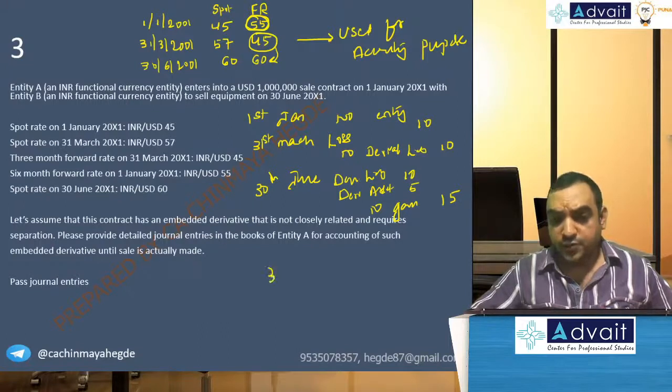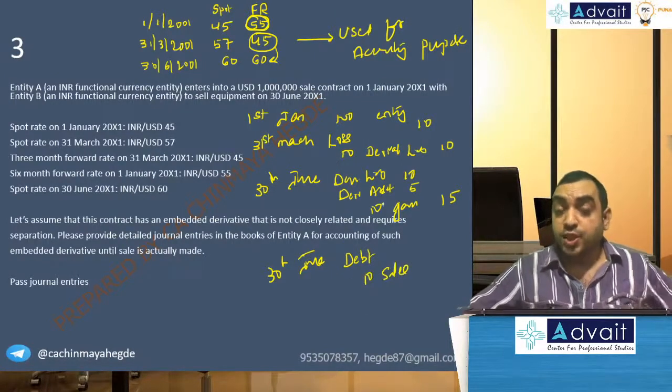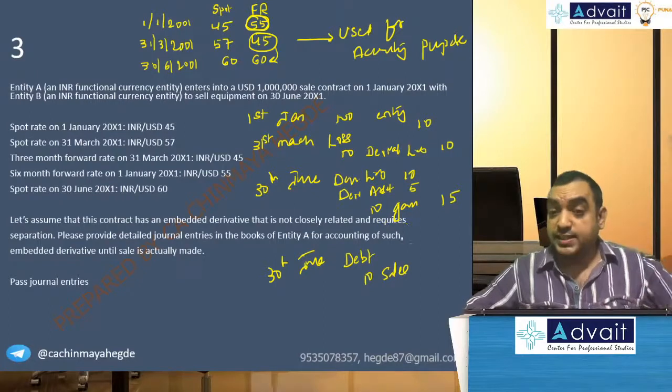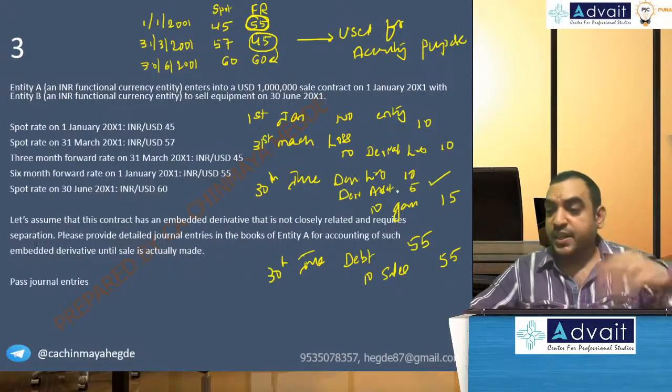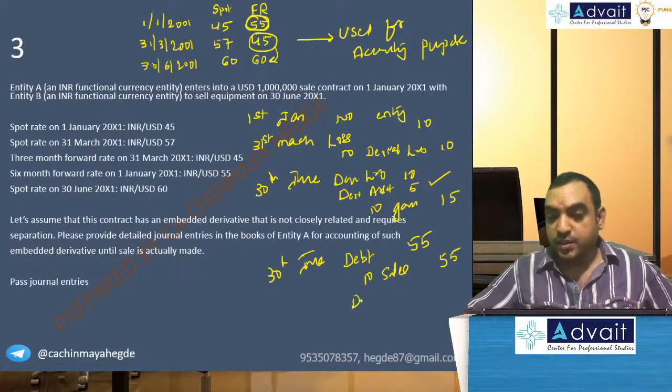Then on 30th of June, you have to pass an entry, debtor account debit to sales. At what rate are you going to pass it? You are going to pass the original sales entry, which is 55 rupees. Then what will happen to the derivative asset? You transfer to the debtor account again. So debtor account debit 5 rupees to